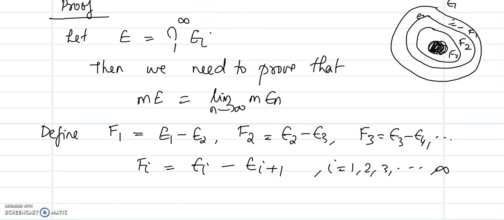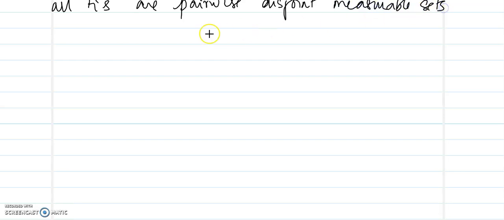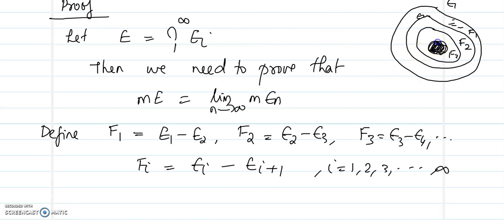All F_i's are pairwise disjoint measurable sets, and we can see that E_1 minus E will be equal to the union 1 to infinity of F_i. So E_1 minus E will be equal to the union 1 to infinity of F_i. Then if you take E_1 minus E, that will be F_1 union F_2 union